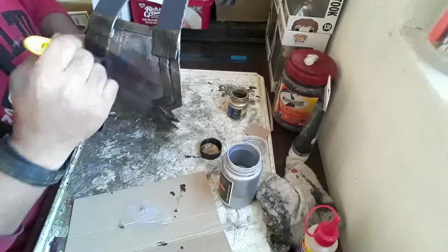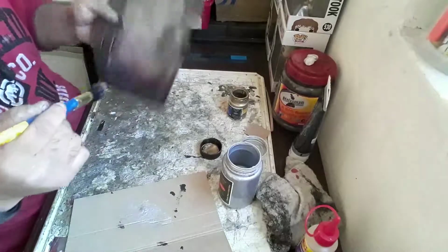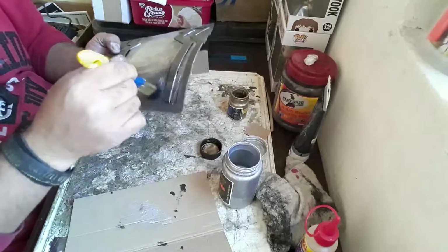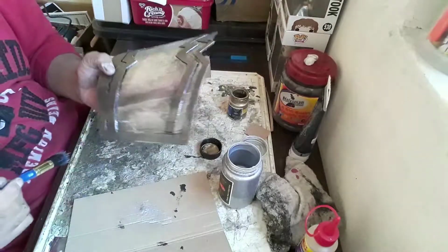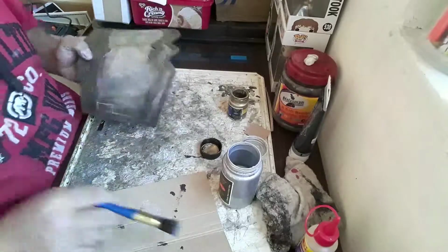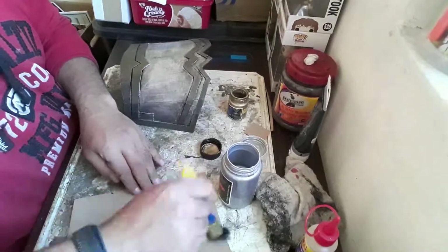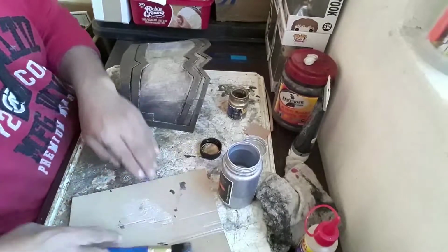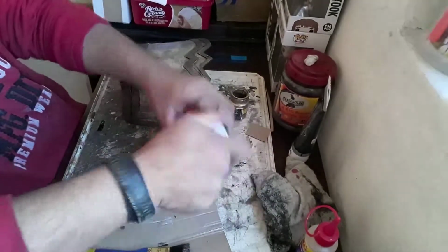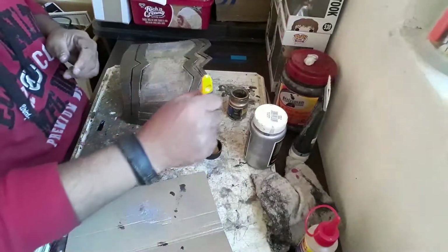Because I know black washing can sometimes take out the color. So you see, it looks a little more worn, a little more damaged, which is what we want. See, it looks a little better. You see the gold has become too dark. So I'm also going to dry brush most of the silver paint off. Close that up. And remember, always close your paint so it doesn't dry out. Then I'm going to take gold,